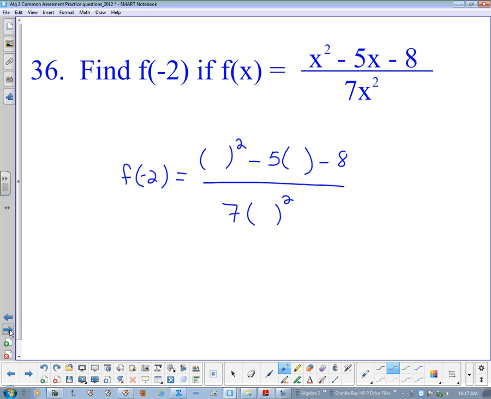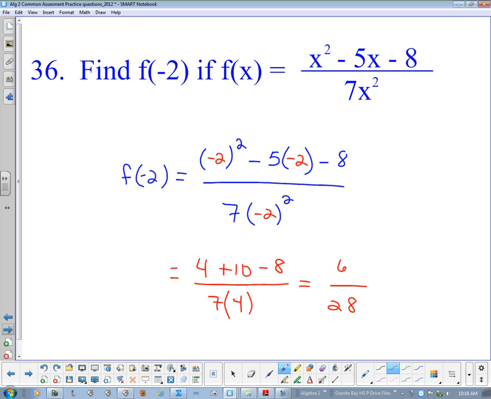Inside those parentheses, substitute your x down. This is going to end up being 4 plus 10 minus 8, all divided by 7 multiplied by 4. 4 and 10 is 14, minus 8 is going to be 6, all over